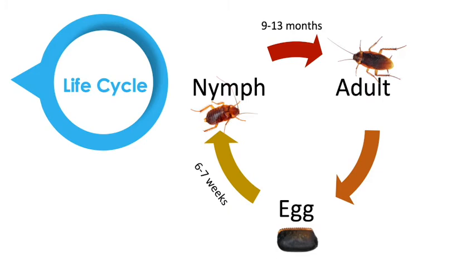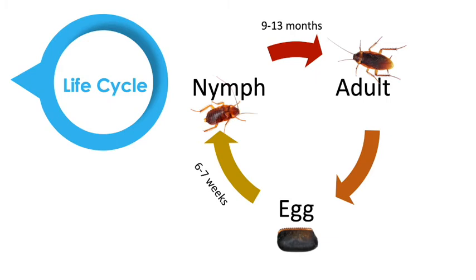The female cockroach lays purse-shaped eggs, each containing 30 to 40 fertilized eggs, in dark, warm and humid places such as crevices and cupboards. The egg case, also called ootheca, protects the eggs from drying out. The ootheca are usually deposited in dark and warm places. Some species of cockroaches, like the German cockroach, carry the egg cases with them until the nymphs hatch.